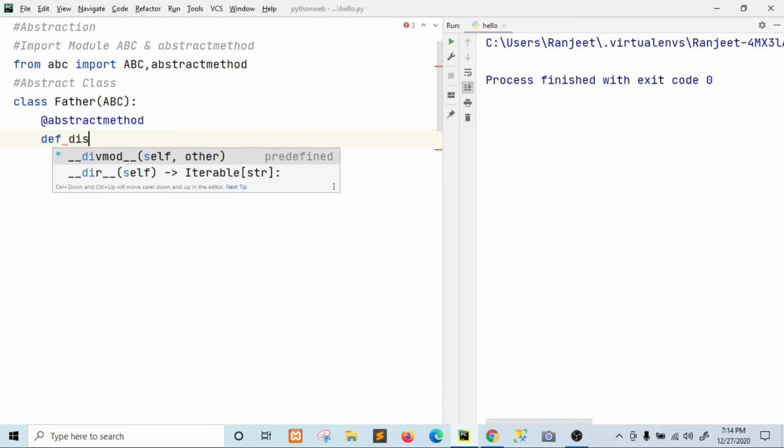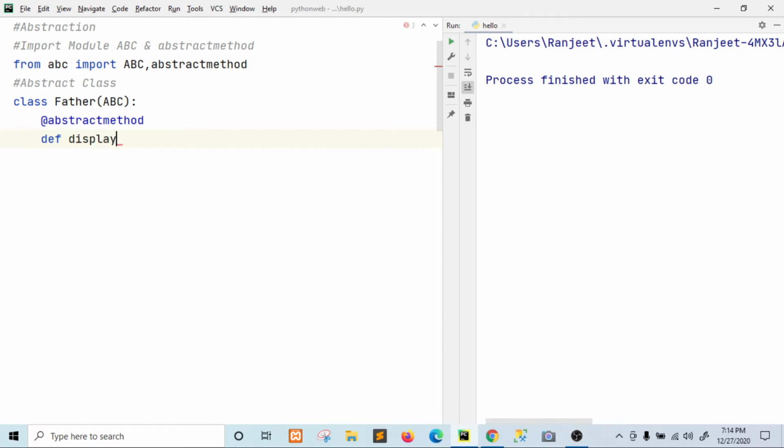Suppose we take a display method, and we are only declaring the display method but not giving the implementation.